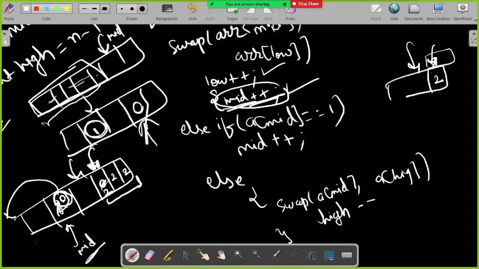Because when I am moving from left to right, wherever I am, let's say I got a 0 here, and let's say my low was here, I am quite sure that 2 can't be here, because if 2 would have been here, then this mid obviously passed through this position also, so this would have been swapped with the high element, right? So 2 can't be here, so obviously 1 will be here, because if it would have been 0, then obviously it would have been swapped with the low pointer, right? So I'm quite sure that at this position only 1 can be there,